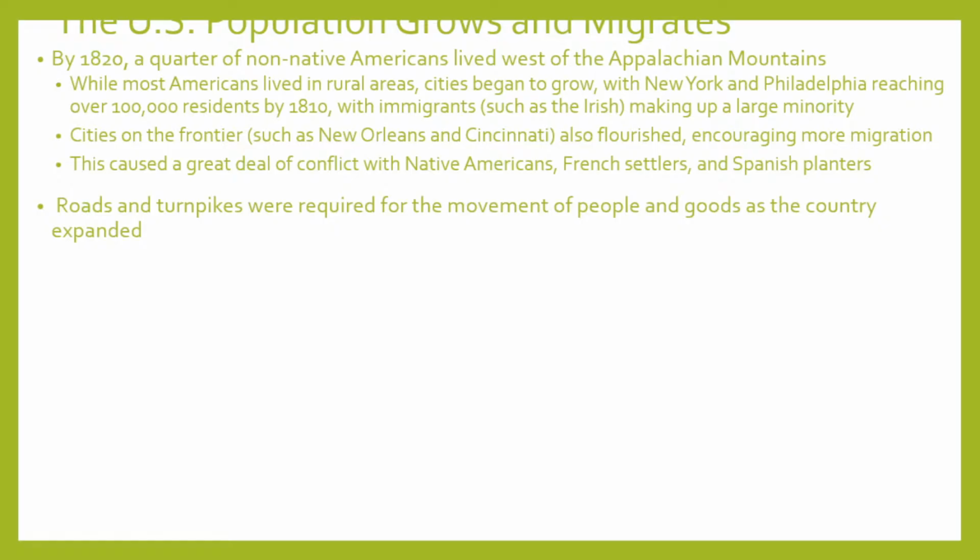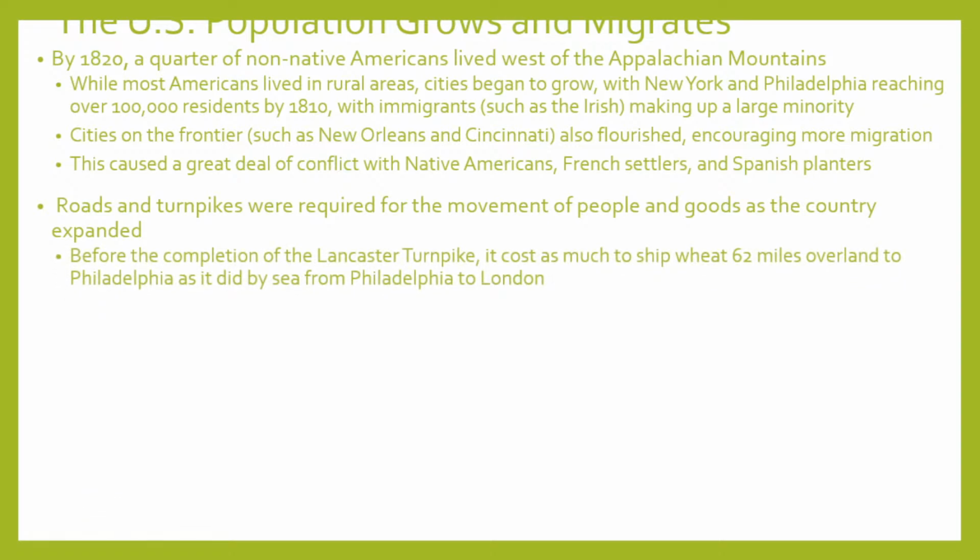We had to build roads and turnpikes to really allow this kind of movement because, again, before this, roads were basically just clearings through the woods. It mentions here that before the Lancaster Turnpike, it cost the same to move wheat 62 miles overland to Philadelphia as it did to ship that same amount of wheat from Philadelphia all the way to London over the Atlantic Ocean, because it was just